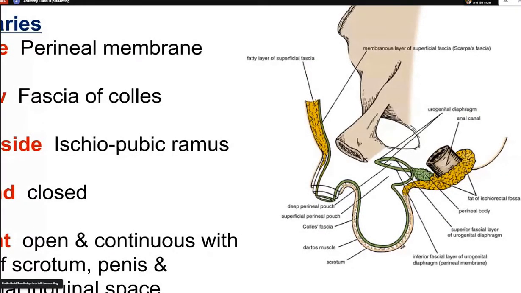Now this superficial inguinal space, if you recall that part, then superficial inguinal space is a space which is present between